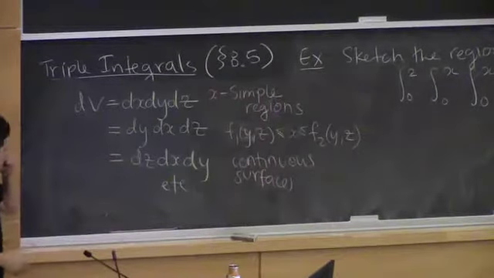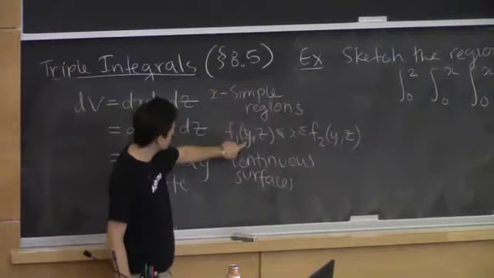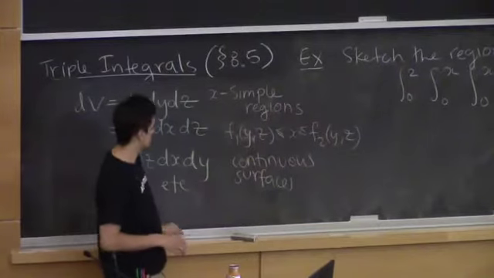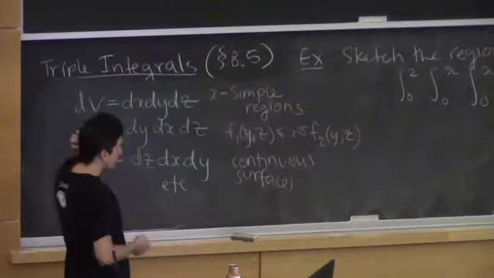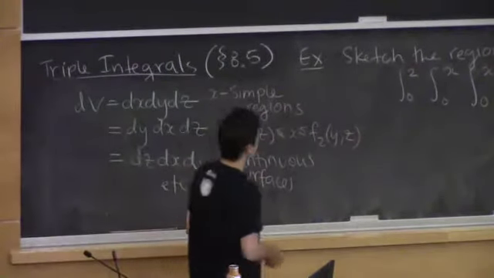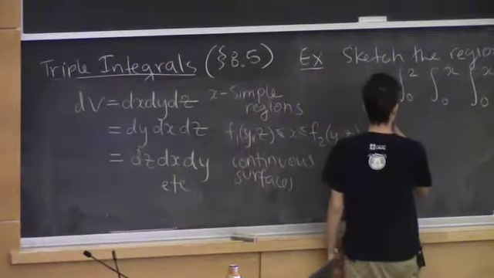Okay, so yeah, there's a perfectly analogous statement about x simple regions, and here you're bounded by a continuous surface. And all that stuff about simple regions follows over to this context. Okay, so let's sketch the region of integration for this guy. It's important to pair up the variables correctly. So the outermost one is x, and that tells us